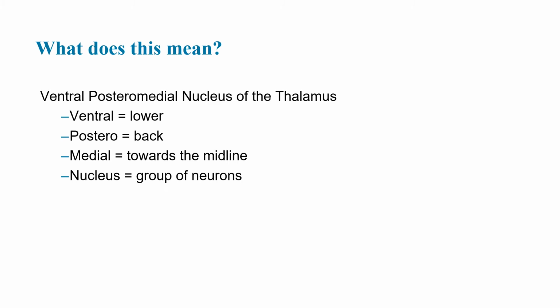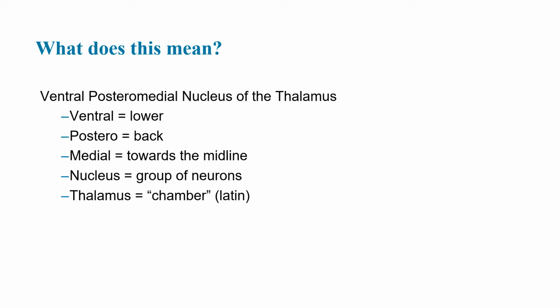Then the nucleus is going to be a group of neurons. Any nucleus, when we're referring to a part of the brain, is a group of neurons. So this isn't referring to the nucleus of a cell. This is referring to a nucleus of an area. That's always going to be a group of neurons. So later on, we might mention that. We might say, like when we're talking about the spinal cord or various different things, the nucleus of that is going to be the group of neurons.